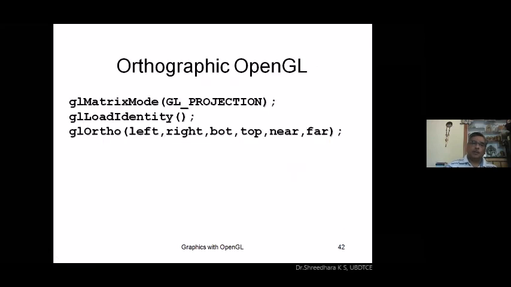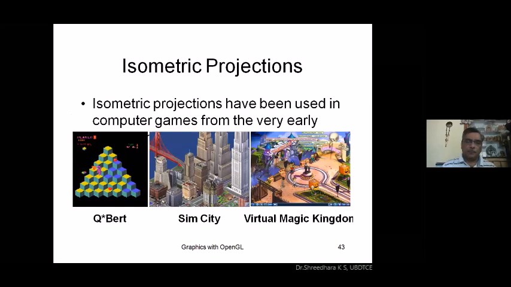So I hope you used these statements: glMatrixMode GL_PROJECTION, glLoadIdentity, then left, right, bottom, top, near, far. You use different values in our programming. Based on these values, the corresponding matrix mode operates with the scaling and translation effect, and finally the output will be projected in orthographic fashion. So with this, I will wind up these two transformations. There are many transformations, as I discussed.